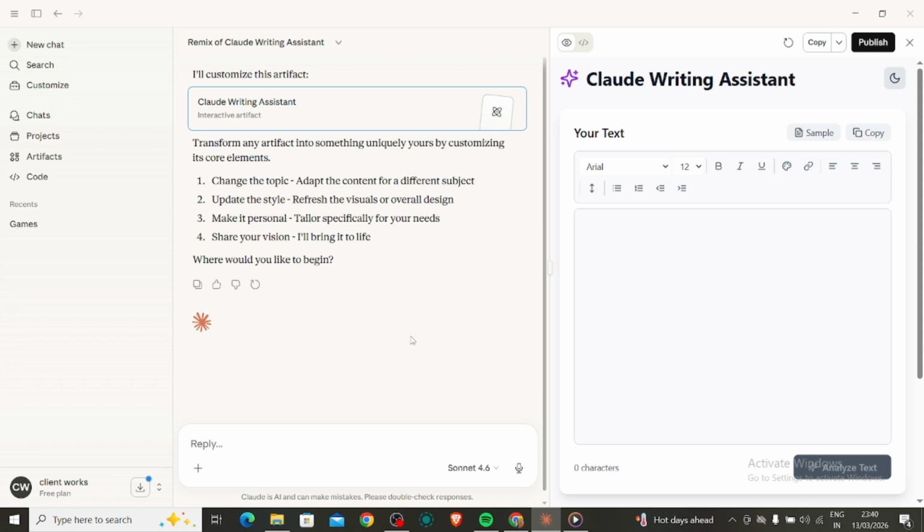Important tip. Artifacts work best when you clearly describe what you want to create, such as a website layout, code script, document format, or interactive tool. And that's it. That's how you create an artifact in Claude AI step by step, even if you're a complete